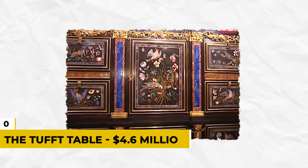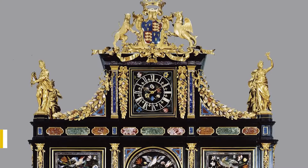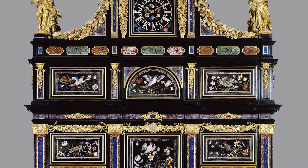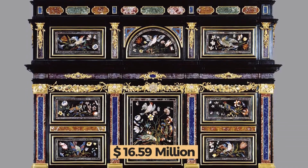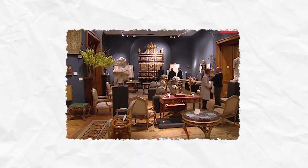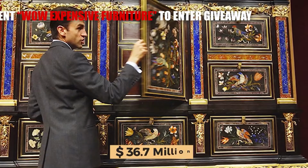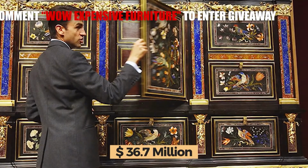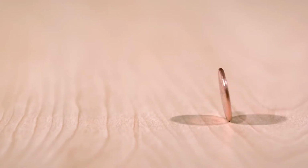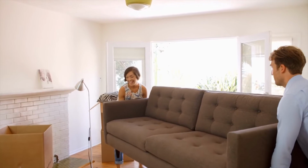Number 5. The Tuft Table, $4.6 million. Carved by hand in 1700, the Tuft Table was named after its creator, Thomas Tuft. It narrows at the end and features a range of details and decorations. Custom-made for Richard Edwards of Lumberton, New Jersey, this Rococo-style table has pierced fretwork along with a detailed ball and claw feet. It earned an extravagant price of $4.6 million at an auction in Philadelphia, which, if we're being honest,